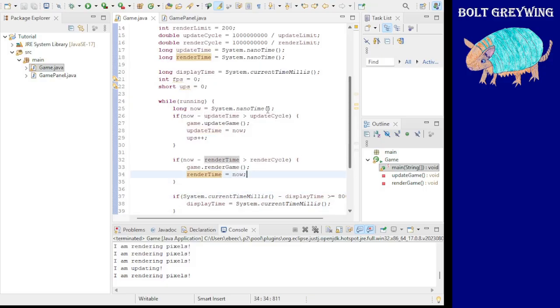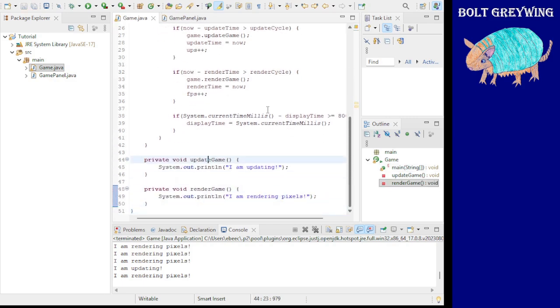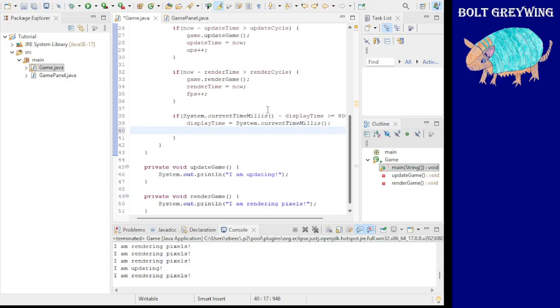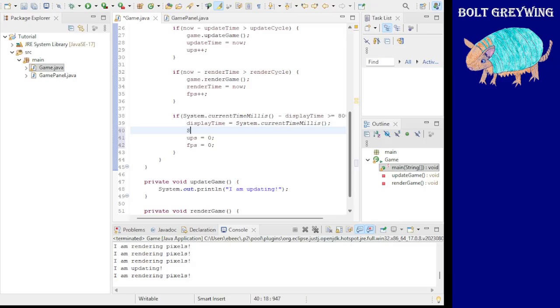Alright, and then for here we say fps is equal to fps plus plus. And now for here, when we're displaying, we need to reset the frames and the updates, so we say ups is equal to 0, fps is equal to 0. So this is our update rate and frame rate, and for that we also need to display the information, System.out.println,